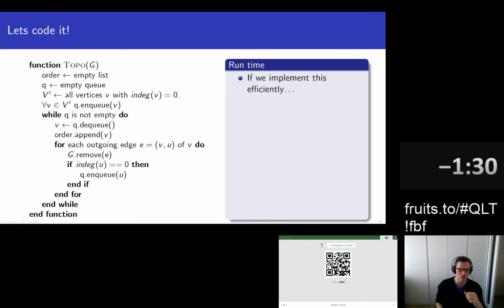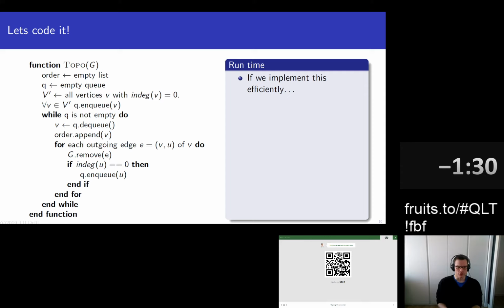So that's just a bunch of ends in the pseudocode here. Right, so first take all of the vertices with 0 incoming edges, put them in a queue, start handling them one by one. And every time we take one of these things out of the queue, take a look, okay, where are your edges going? Good, remove those. If we now find a vertex that has no incoming edges left, then we can take this vertex and add it to the end of our queue, so that after we've had all the ones with 0, we can now safely take this one.